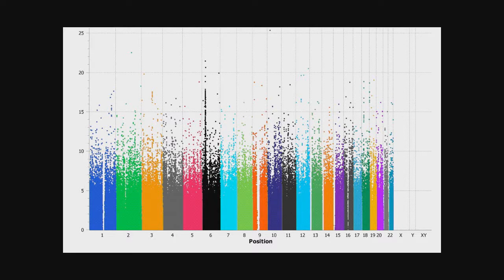This is a Manhattan plot. Are people familiar with what a Manhattan plot is and what these represent? I look at these in my work on a regular basis, right? Each one of these dots is a single nucleotide variant, essentially a point on the genome. Down here are your chromosomes, right? And what they do is take the negative log